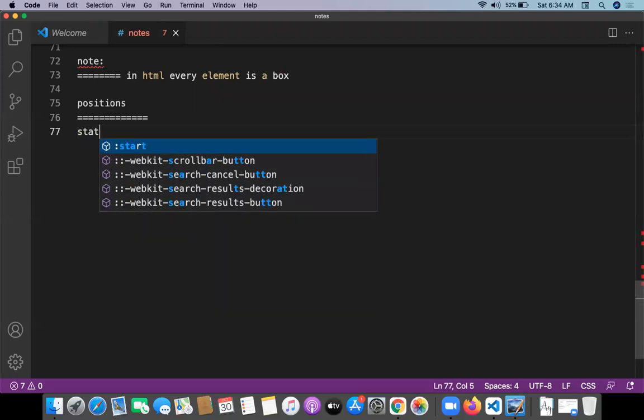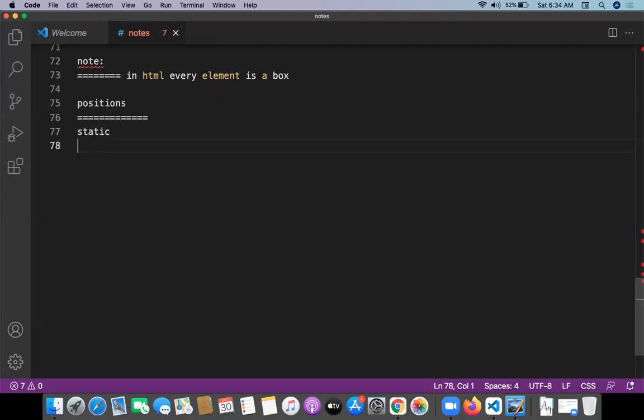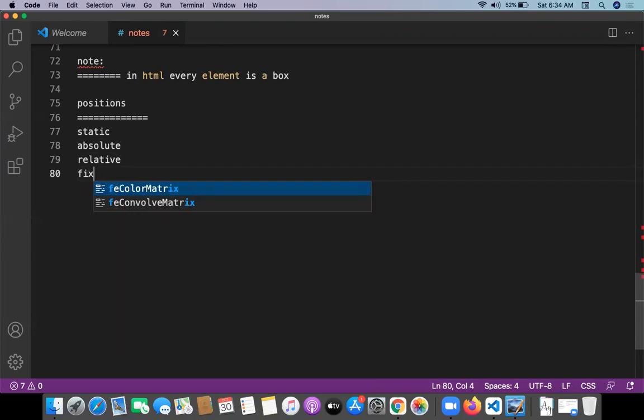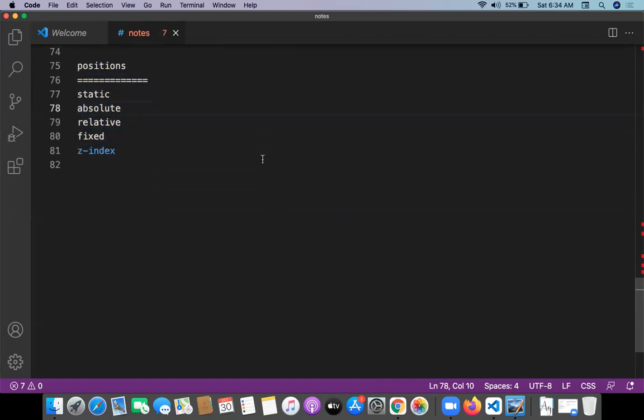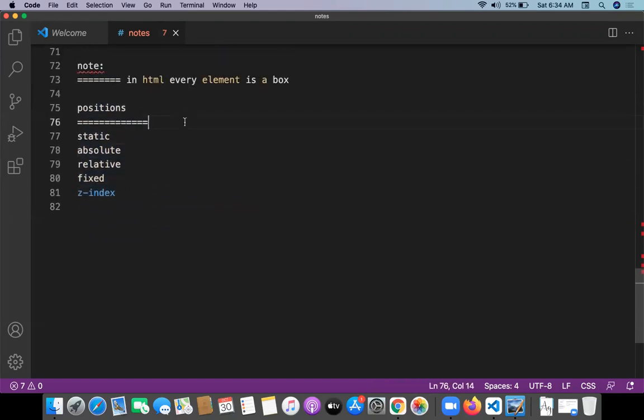The first position is static, the second is absolute, the third is relative, and one more is the fixed position. One more is z-index. How the static, absolute, relative and fixed positions and z-index work, we will see in the next class tomorrow morning.